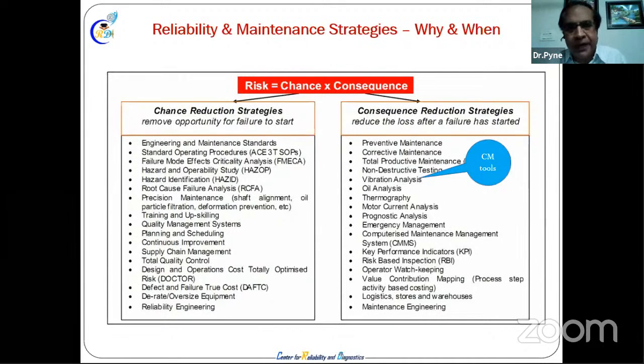We are doing consequence monitoring, and the chance, there should not be any chance. If you look into that, that means we have to look into the design and the thought process people have put in, proactive maintenance type of things to do. Different techniques are given, whether you are interested in maintenance in a consequence way or in a chance way, which is good, you have to look into this. So there are consequence reduction techniques and chance reduction techniques.